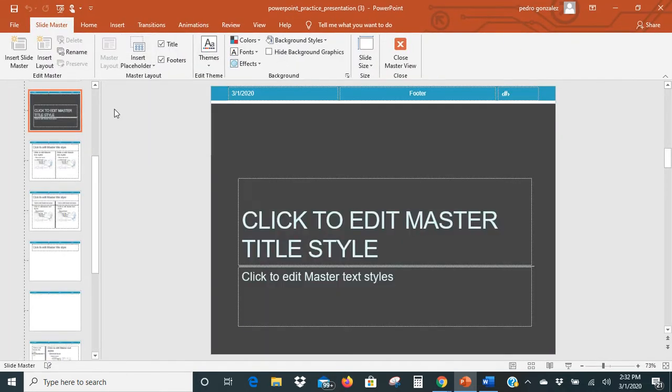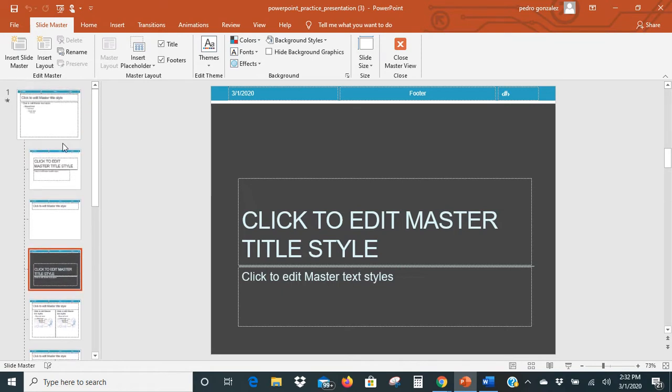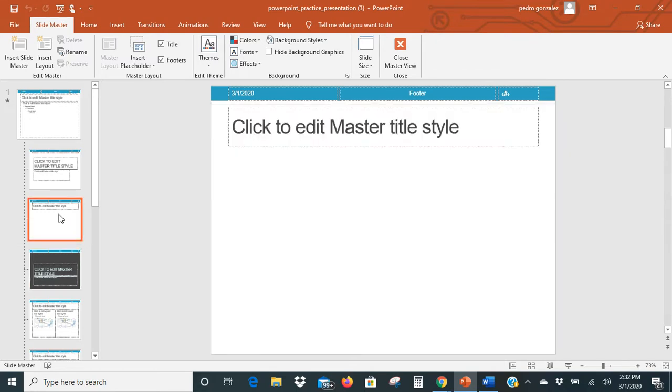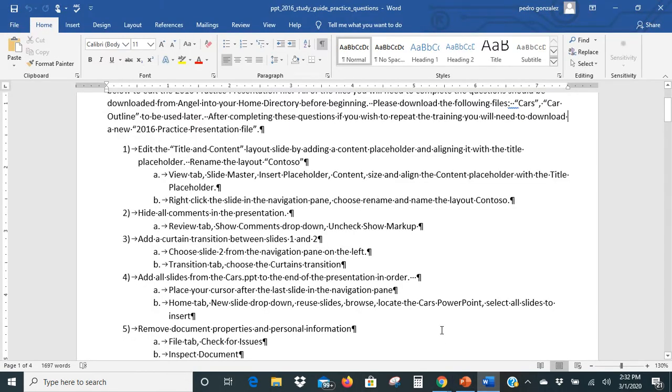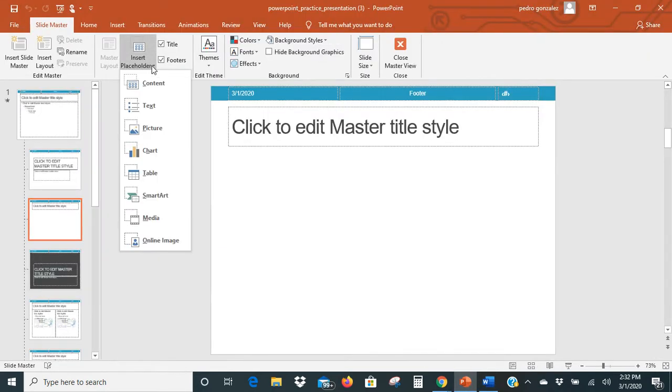It was the title and content layout. So we're going to roll that up here. Title and content layout, which is this one right here. As soon as we get done with that, let me jump back there just to look at that instruction. It wants you to insert a placeholder and then rename that. We go back here, insert placeholder,